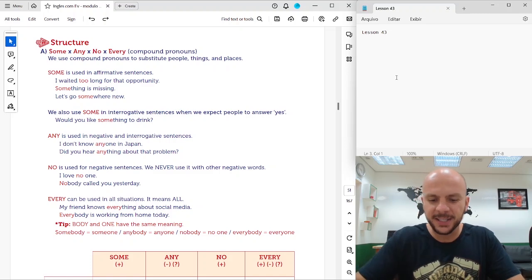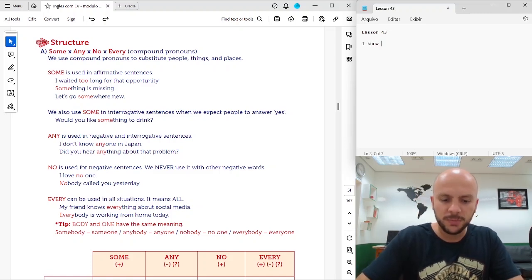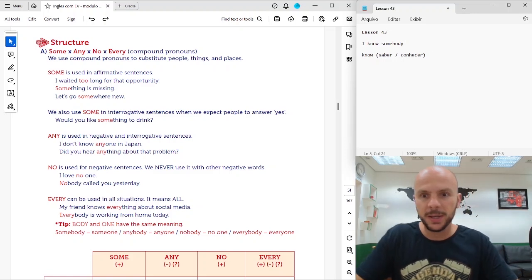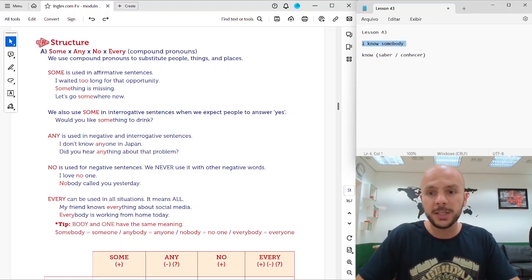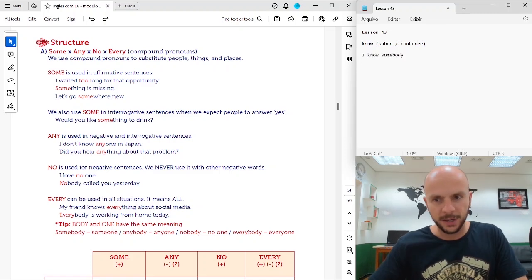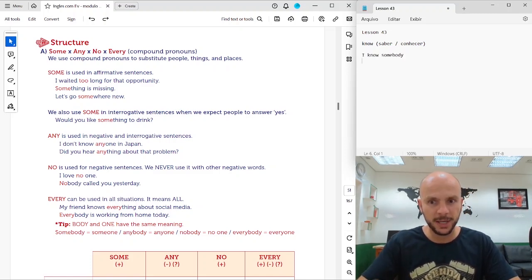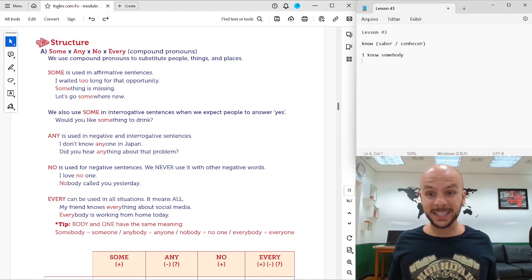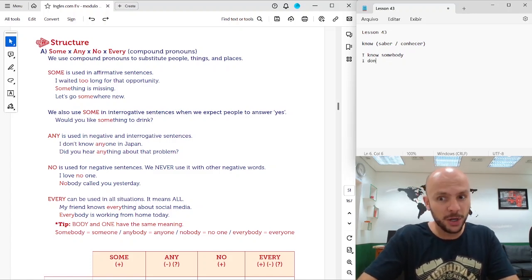Let's check this sentence here. I know somebody. Know means saber, but also means conhecer. Okay? Know, saber ou conhecer. I know somebody. Eu conheço alguém. If I change it to the negative, I don't know